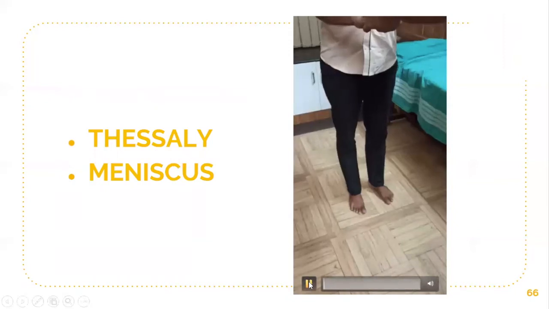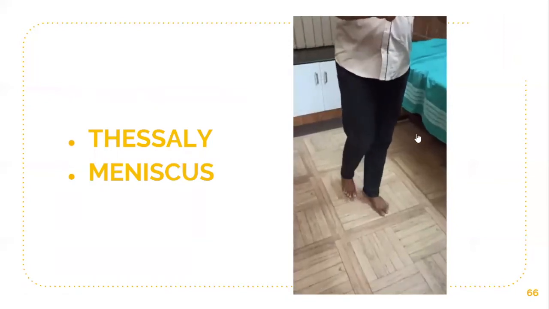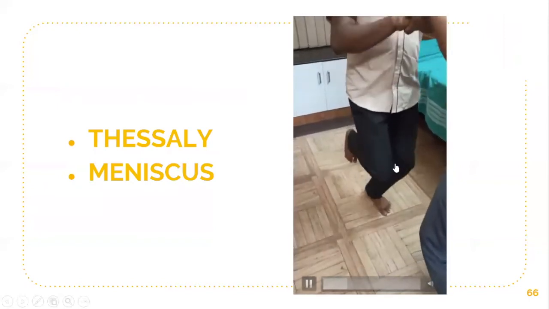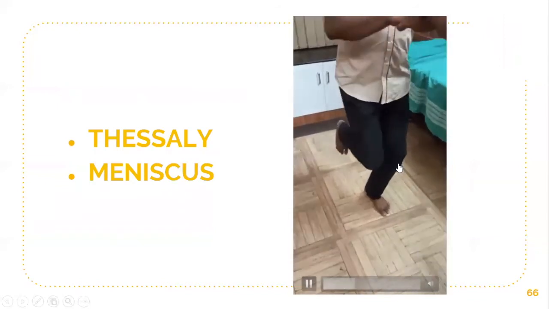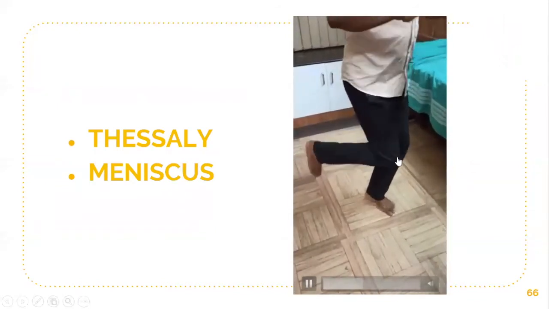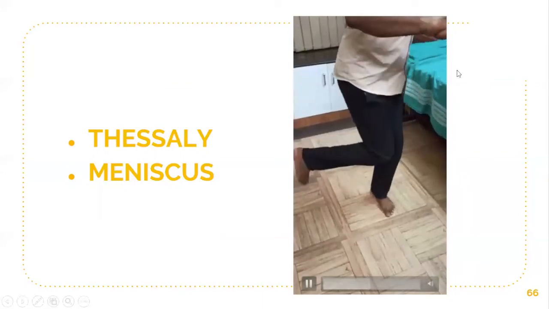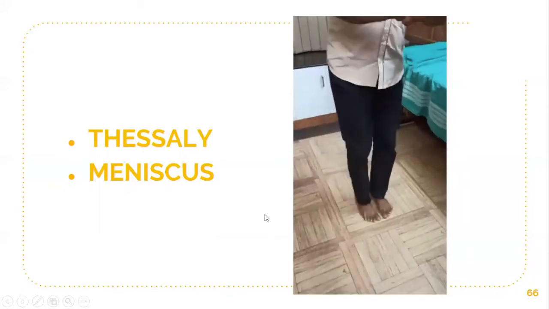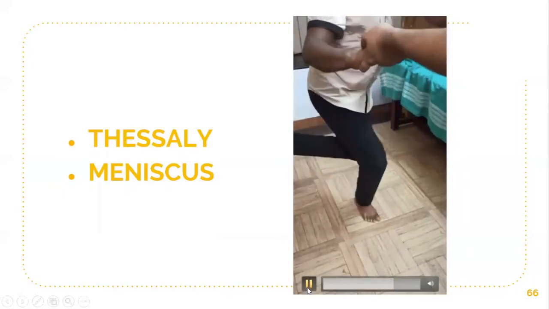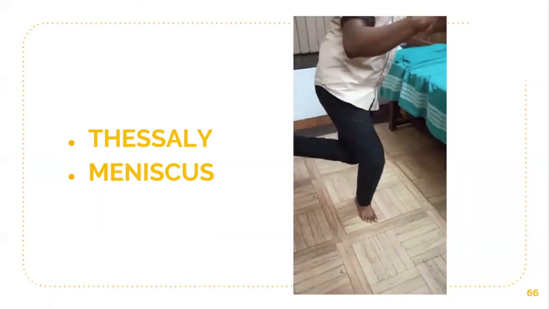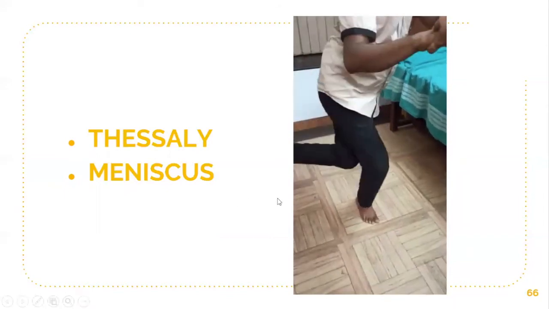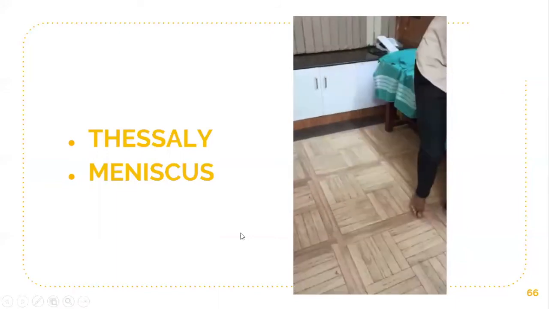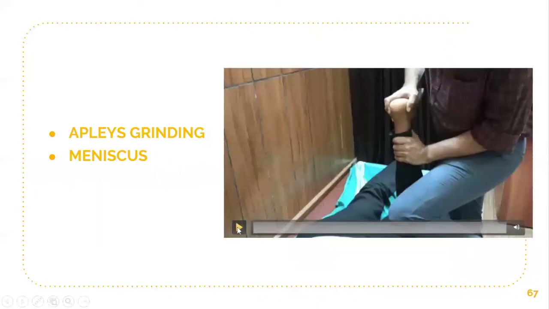This is Thessaly's test for meniscal injury. Stand on the affected leg, then flex the knee joint up to 20 degrees maximum, then rotate the femur on the tibia. It should be repeated 3 times. The patient's hand should be resting on the examiner's hand for keeping balance. This is Thessaly's test for meniscal injury. The diagnosis with this test is joint line pain, or a sensation of catching or locking while doing this maneuver.